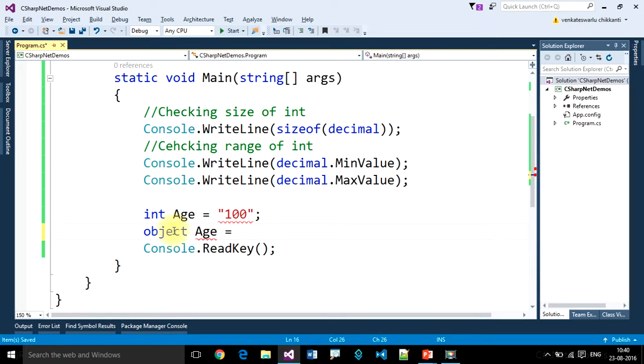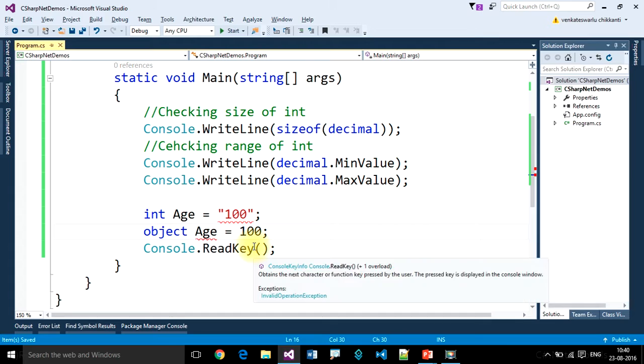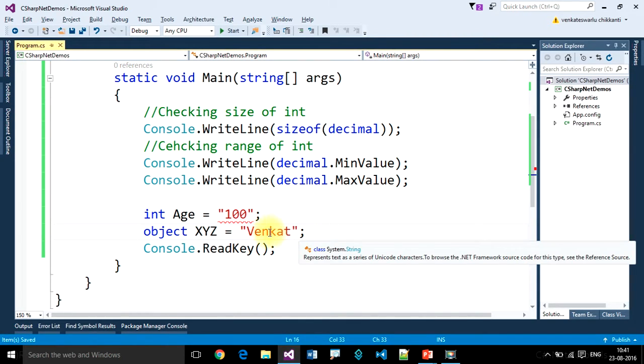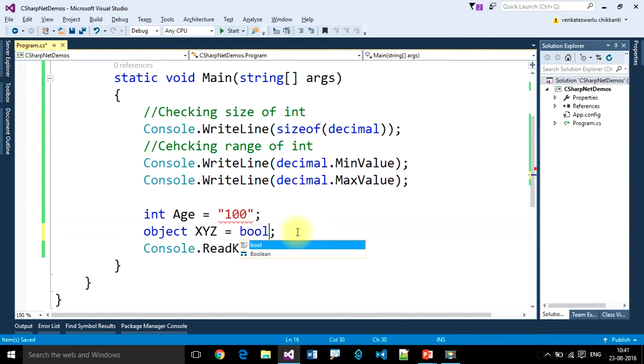object age equal to 100, I want to store integer. What happened? A local variable named age is already there. Let's use some other name, xyz. Yeah, this is valid. Now I want to store some string data. This is also valid. And I want to store some boolean, true or false.